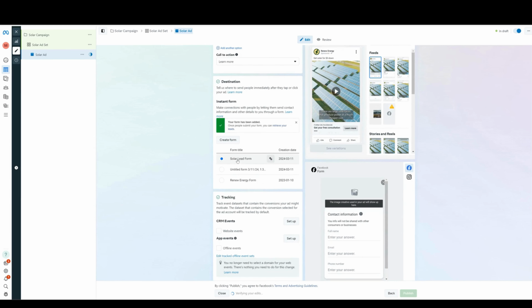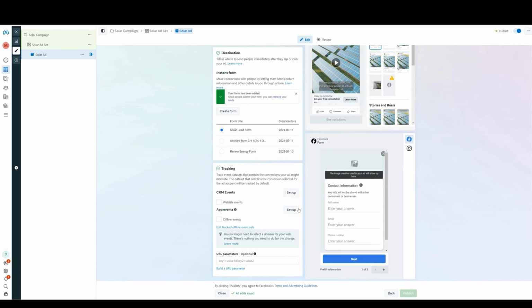Once we've created the form, it'll pop up right here. So that's the one we've selected. You can have multiple different types of forms, but you can only select one per ad campaign. So we're just going to select the one we just built out. And then once everything is set up here, you can just click publish. Mine is not letting me publish this because I don't have access to this account, but normally yours will just be lit up green here and you'll be able to click publish, and then your ad will be